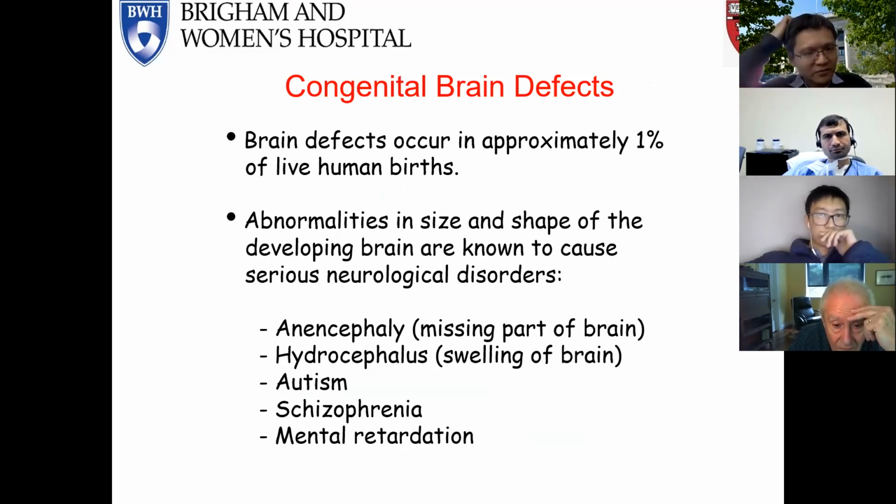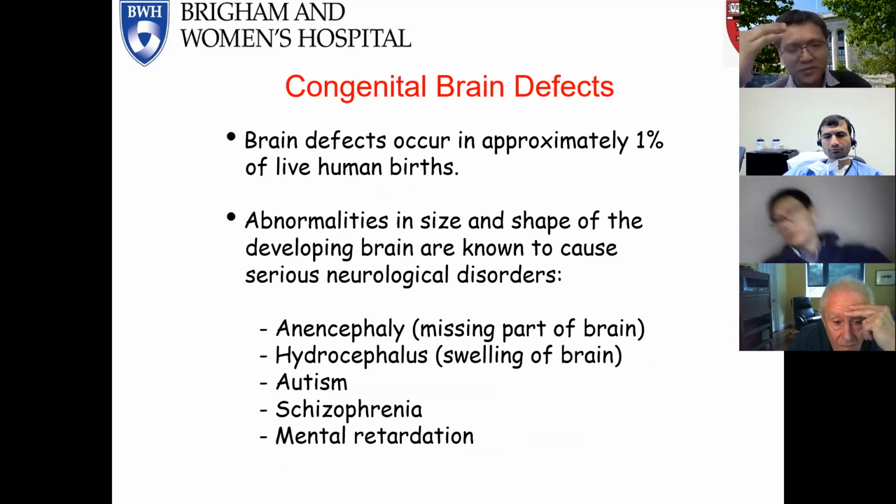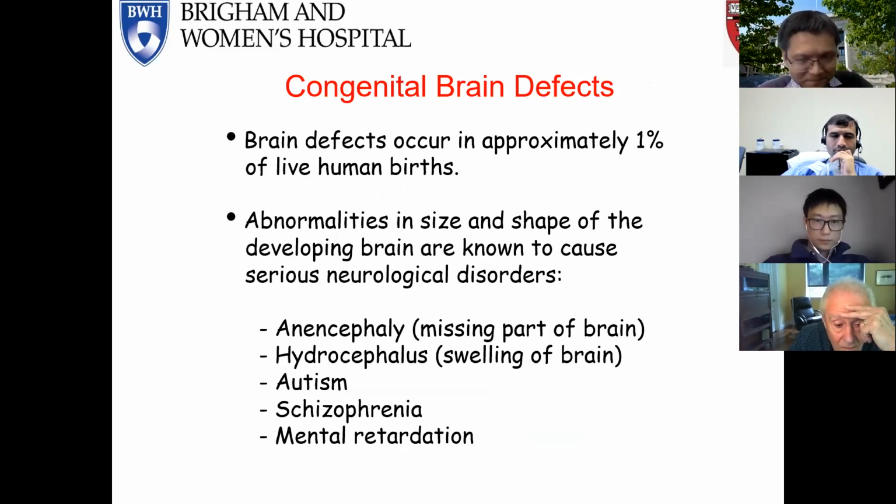And so here we've been trying to understand the formation of the early brain shapes in the hope that our study can inspire further understanding of congenital brain defect formation that occurs in approximately 1% of live human births. And it's known that in brain development, abnormalities in size and shape can cause serious neurological disorders, and that includes anencephaly, which involves missing part of the brain, hydrocephalus, which has abnormal swelling of the brain,